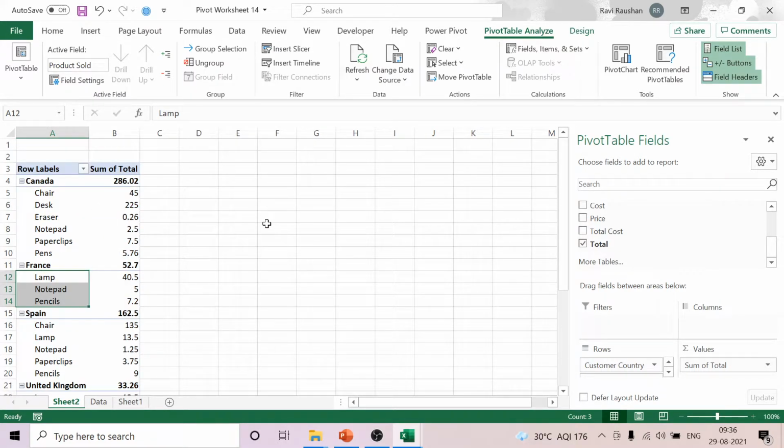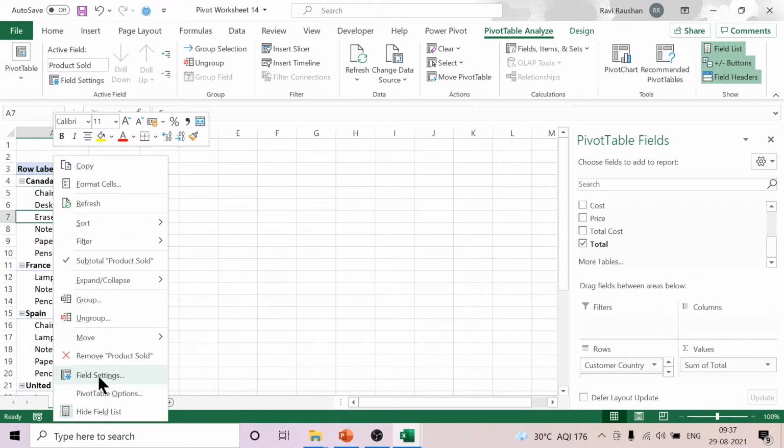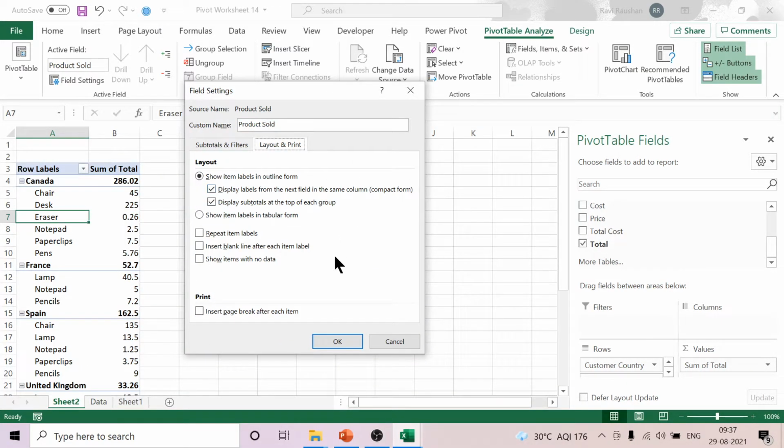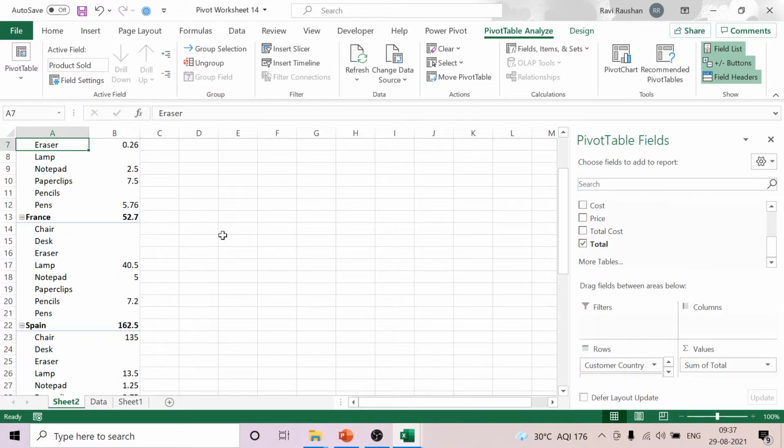But what if the requirement is irrespective of sale or not, irrespective of data or not, I want to see all the items in all the list. So country wise, you need to display all the data. If it is the requirement, you right click here, you come to the field setting, you come to the layout and the print, and here it is show items with no data. Now see that it has changed. Even if you do not have the data, it is showing the field, it is keeping the value field blank.